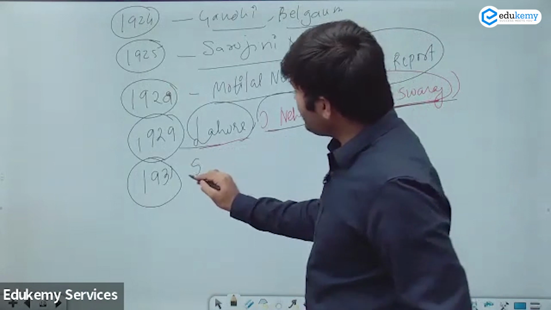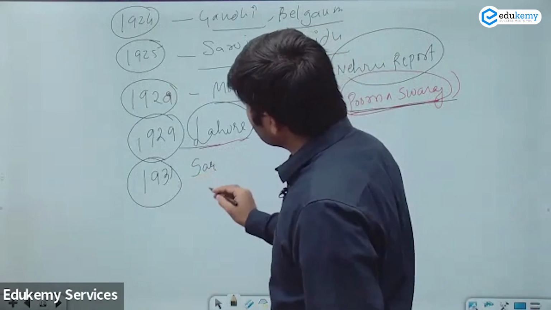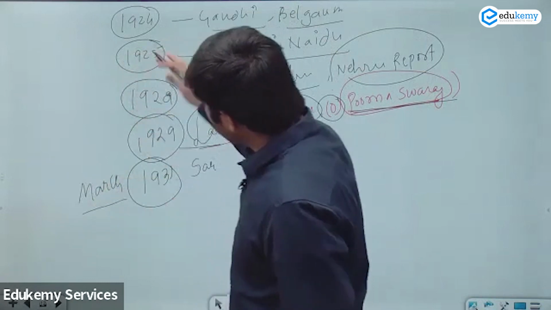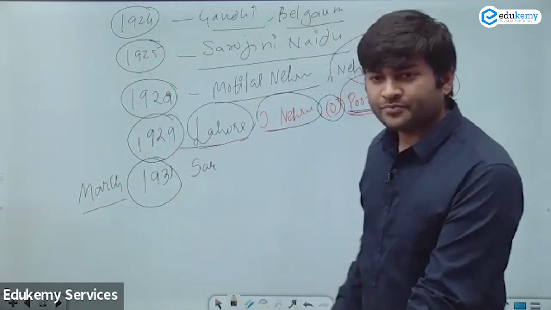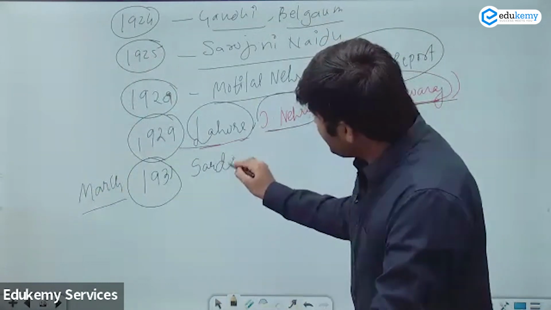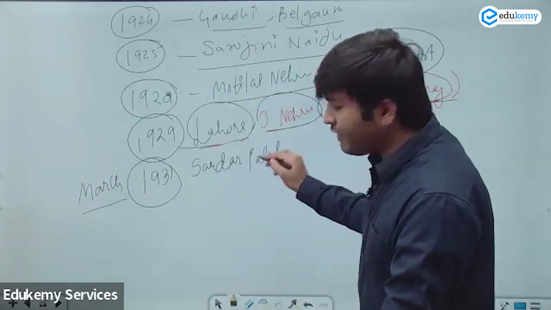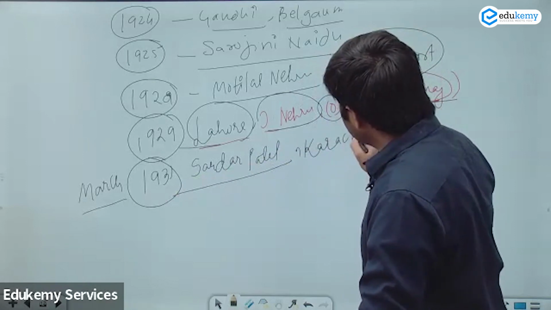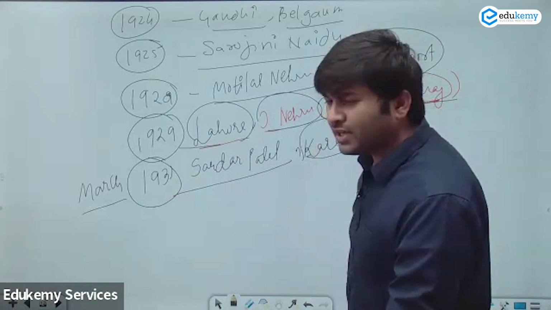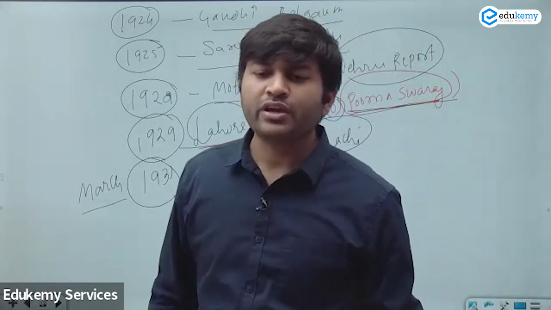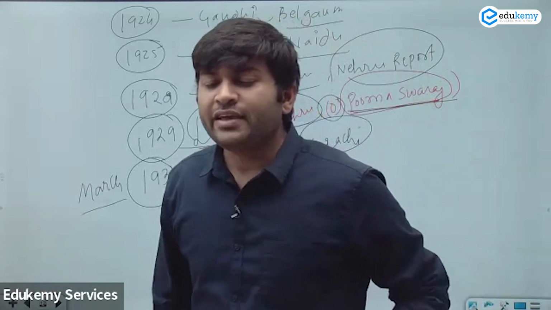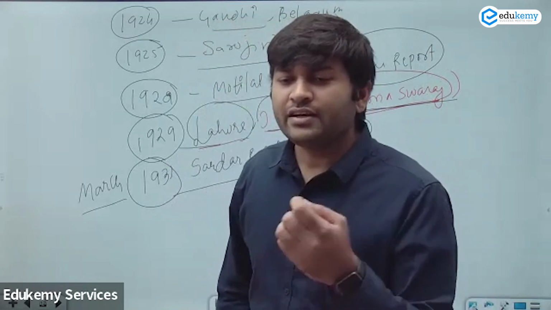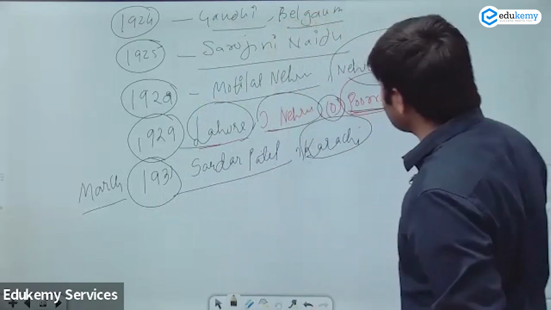1931, Sardar Patel was the president. Though this is a special Congress session. ठीक है, ये मार्च वाला Congress session है. Rest all are in December. This is presided by Sardar Patel. And where does this session happen? It happens in Karachi. This was after Bhagat Singh and others were given the death sentence. They were hanged just after that. This happened in Lahore, and now the session is happening in Karachi.